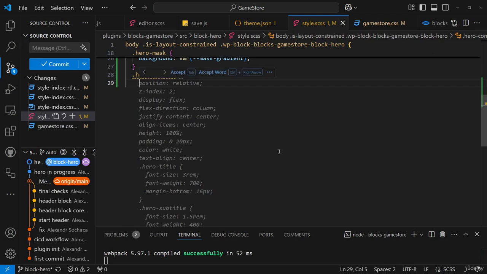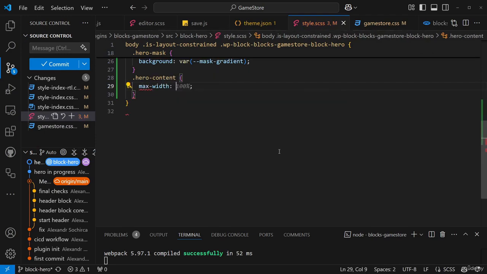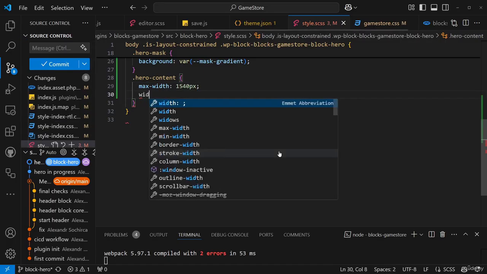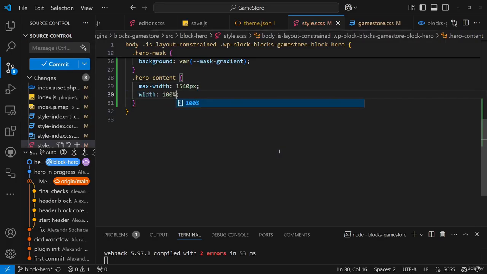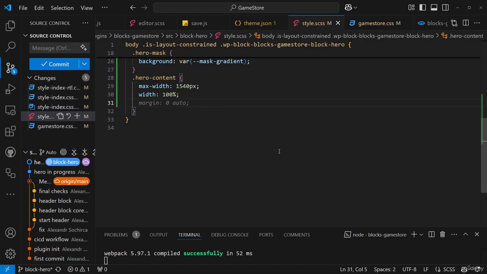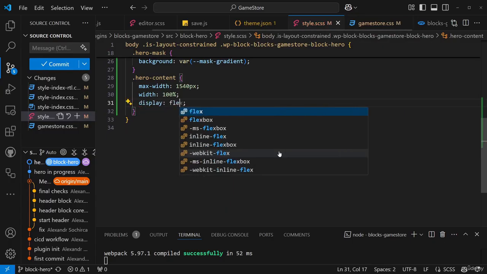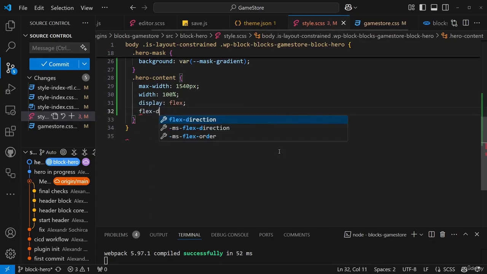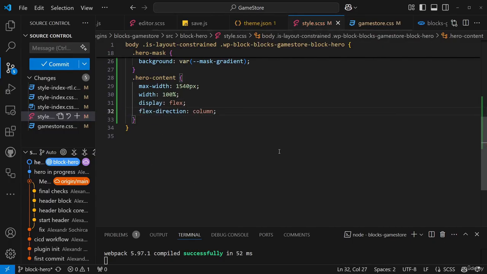So essentially I need maximum width 1540, normal width 100%. Next, I require display flex, flex direction column,